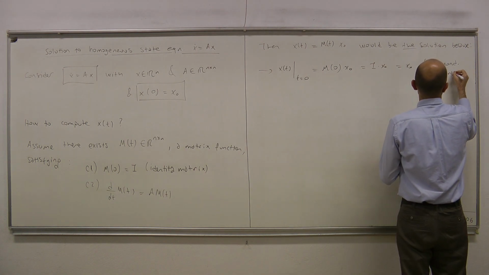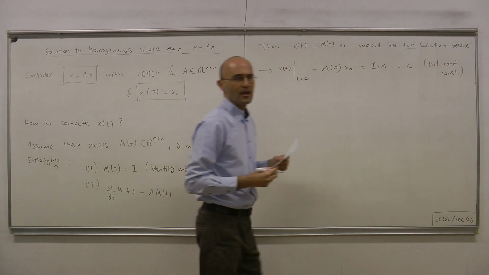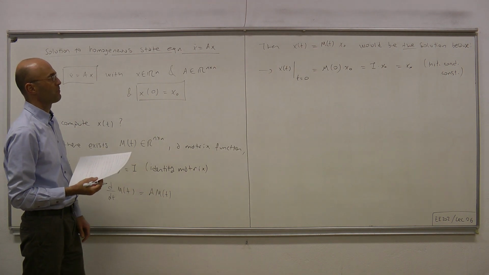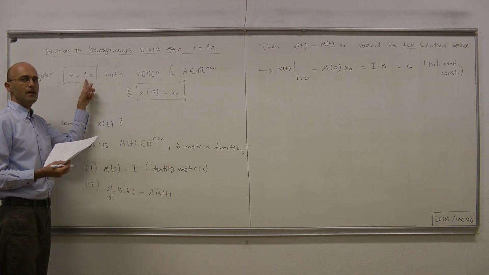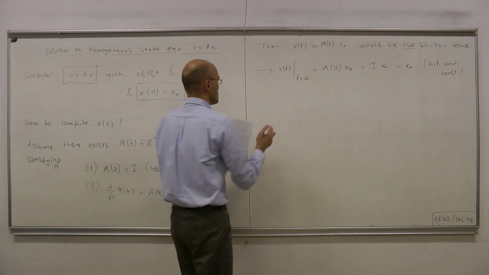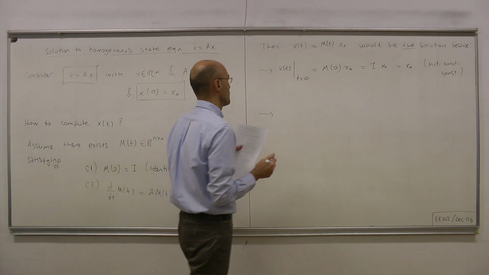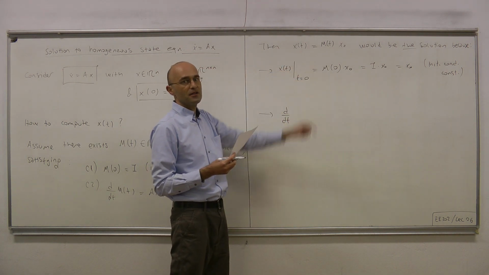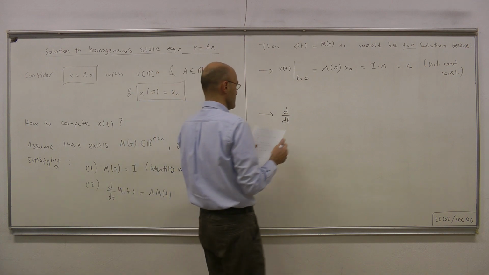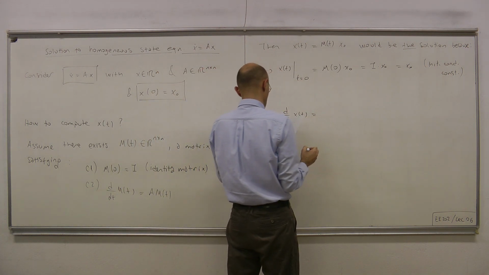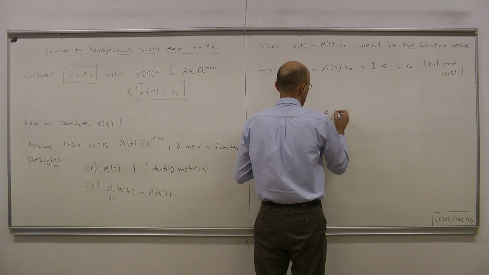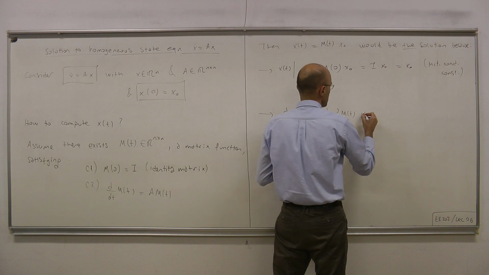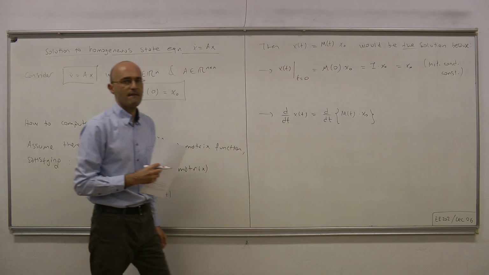Initial condition constraint satisfied. The other thing that it should satisfy, if it is the solution, is clearly the differential equation. So let's see whether it satisfies the differential equation or not. So let's compute x dot for this candidate, d over dt of x(t)